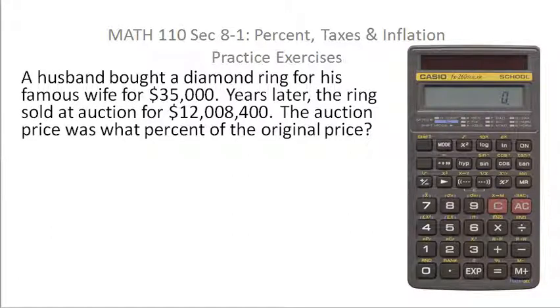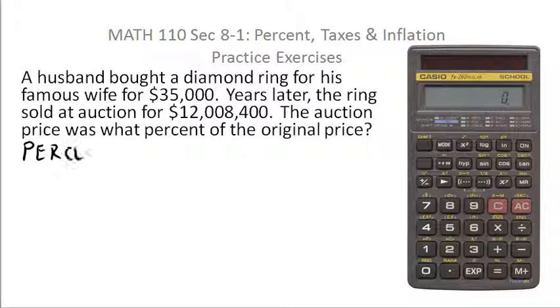A husband bought a diamond ring for his famous wife for $35,000. Years later, the ring sold at auction for $12,008,400. The auction price was what percent of the original price? Now, even though this is a word problem and it is not as simply stated as the problems we've done earlier, it's still